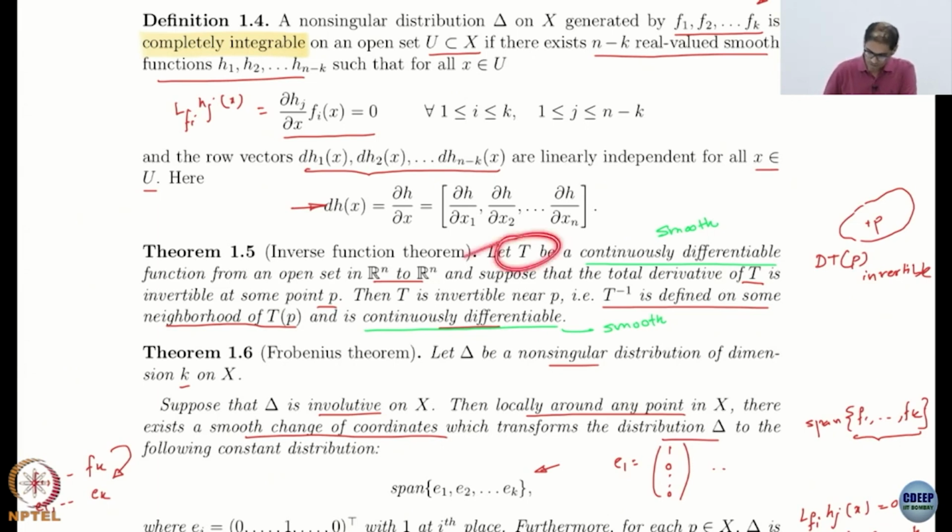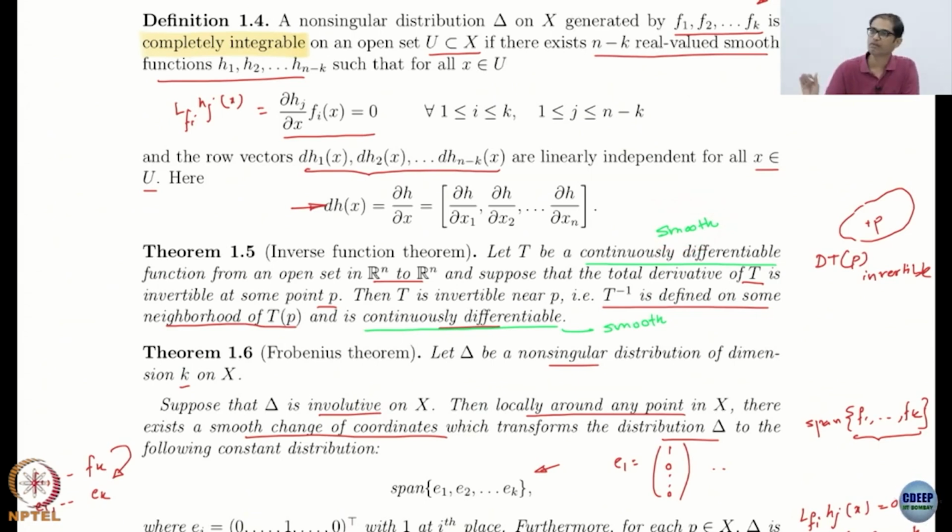It's just saying that if you have a continuously differentiable function from one open set in Rn to another, and the derivative or the Jacobian is invertible at some point p, you just have to check at one point, then there exists a neighborhood around p in which the entire function is invertible. Not talking about the Jacobian being invertible, the function itself is invertible in this entire set, okay. So that's the inverse function theorem, and not only invertible, the inverse is also continuously differentiable. So similarly, if you started with a smooth map, then the inverse will also be smooth.